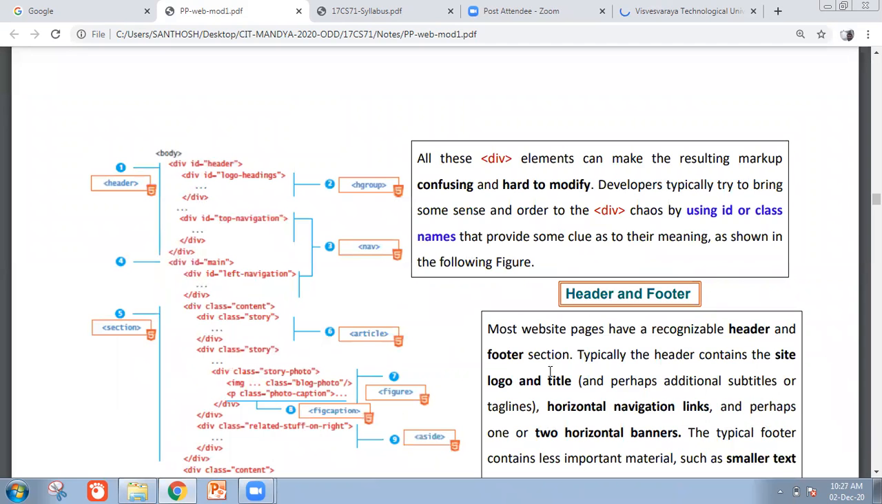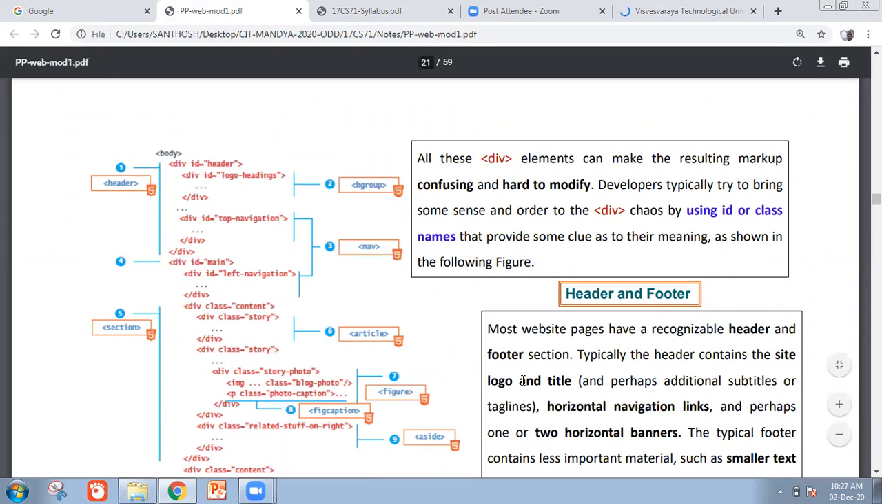Header and footer: most website pages have recognizable header and footer sections. Typically, the header contains the site logo and title, horizontal navigation bar links, and then perhaps one or two horizontal banners. We have already